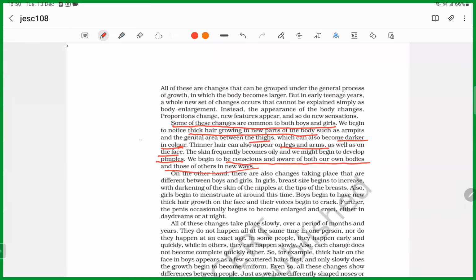So they are common secondary sexual characteristics, and also there are specific primary and secondary characteristics in men and women. In girls, you should know the basic secondary sexual characteristics, and in boys also we have separate sexual characteristics. Secondary sexual characteristics of men and women, you should know. And all these things are controlled by what?